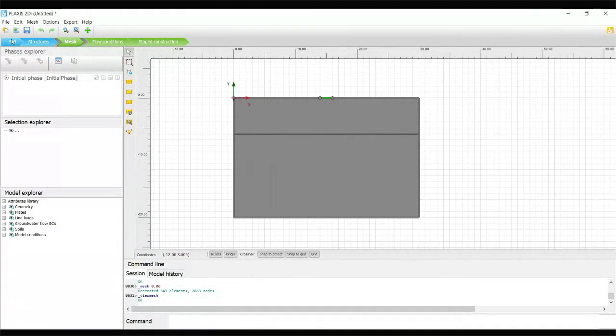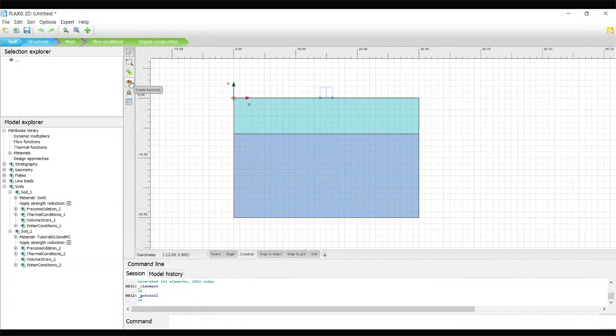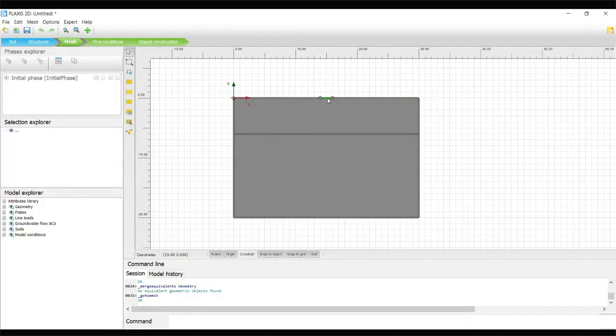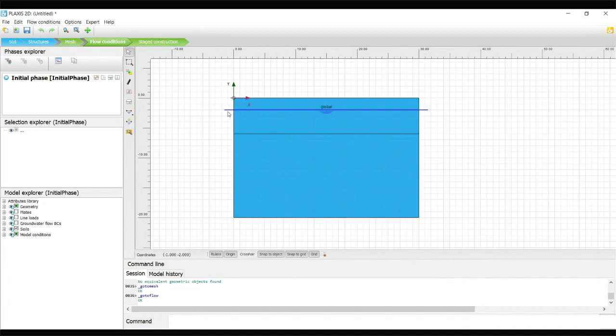Now we finished soil mode. In the soil mode we generated one borehole. In the structure mode we generated one structure, that is a foundation with a plate element, over which we applied the load. In the mesh we generated a finer mesh in our loading area, the remaining is medium, and then move to flow conditions. As per our default, the water table is 2 meters from the ground level. How to modify it during the construction sequence, we can check.